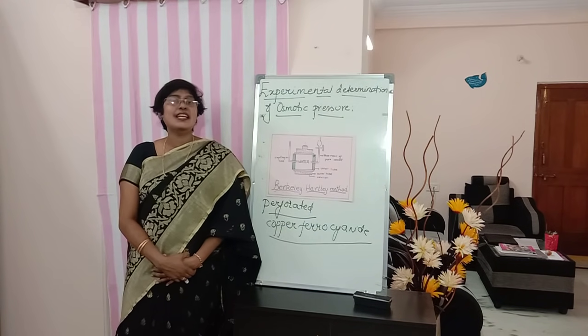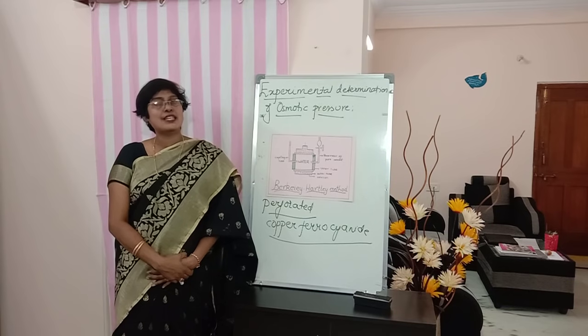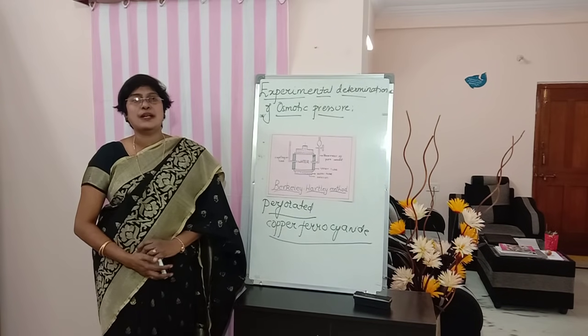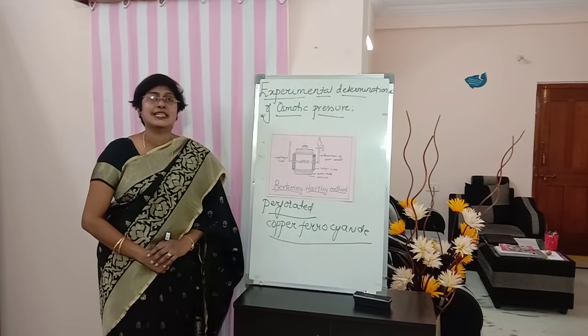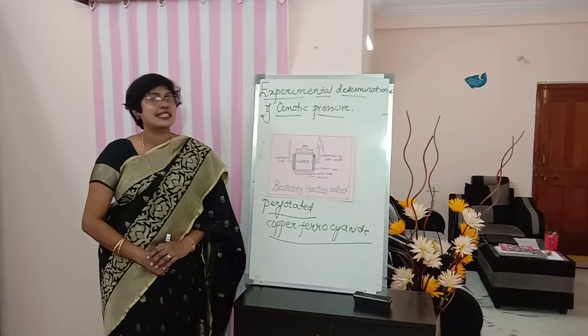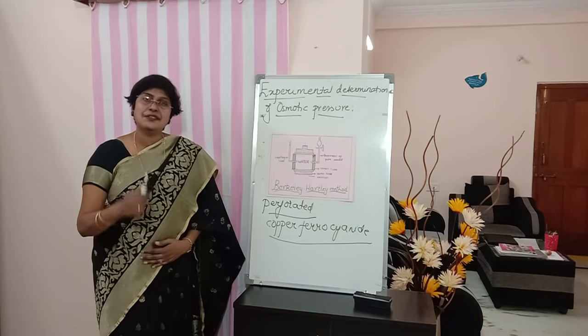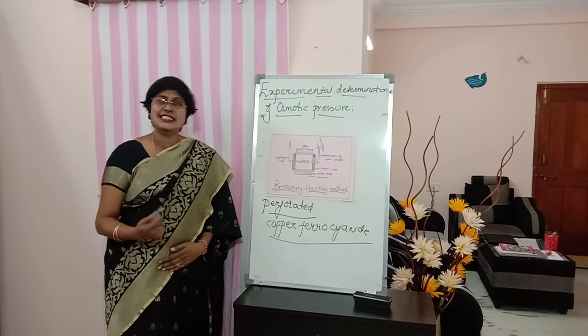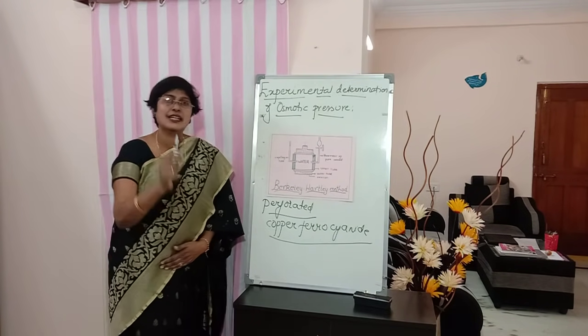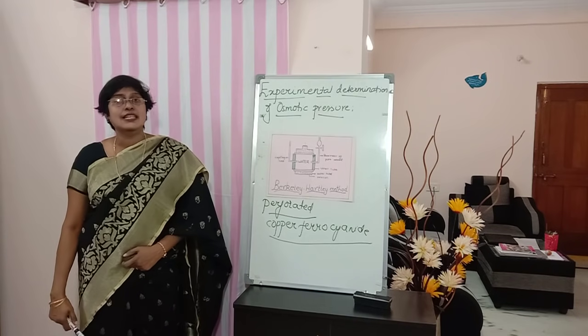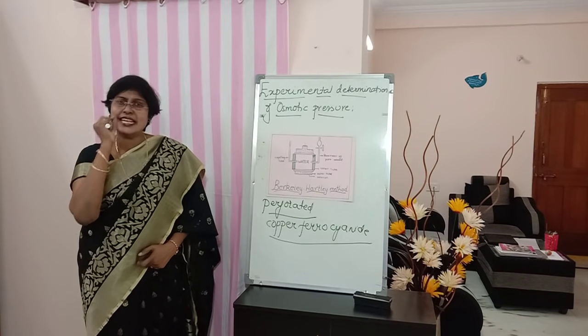Okay, this is very easy, students, compared to the first colligative property, that is Ostwald Walker's method, and also this is an important question as well. So if you are asked this question, you can easily draw the diagram and you can write down the points also easily. What will you write, students? Once again I will repeat.